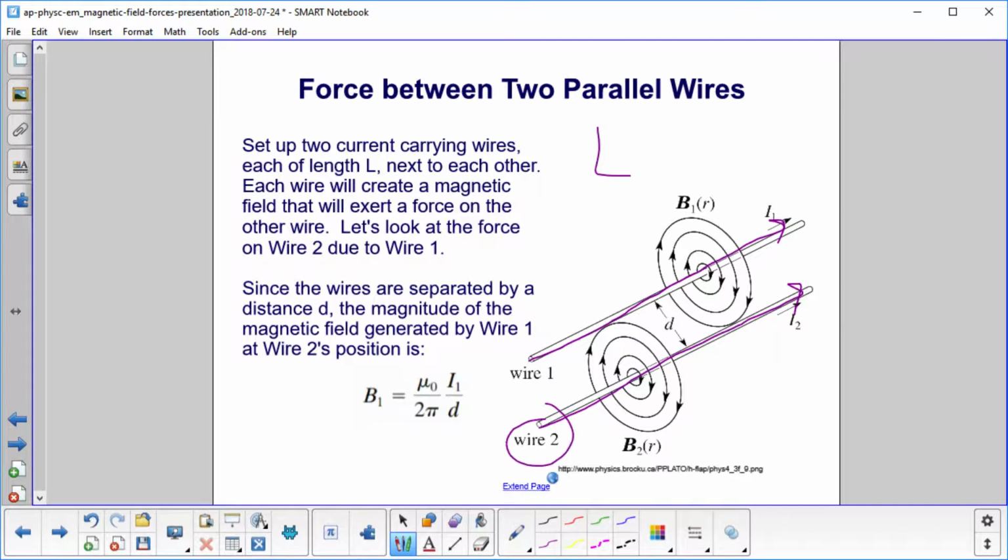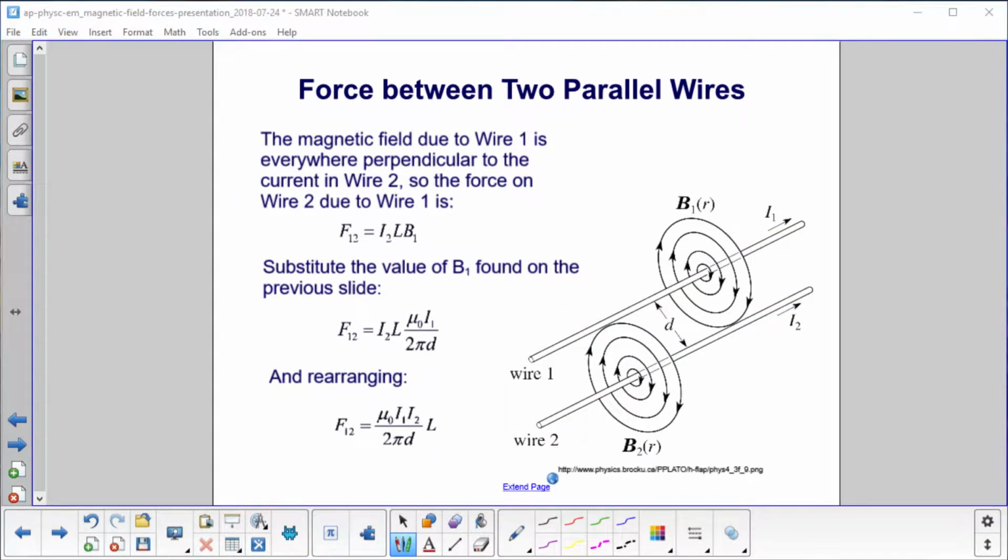Since the wires are separated by a distance d, the magnitude of the magnetic field generated by wire 1, that's this guy here, is mu0 I1 over 2 pi d, where d is the distance between the two wires. So this is the magnetic field generated by this wire that wire 2 feels. The magnetic field due to wire 1